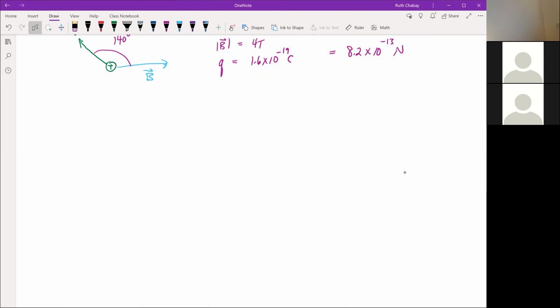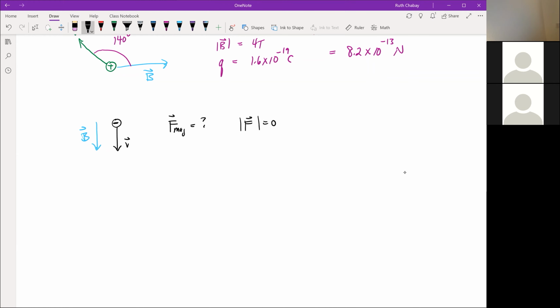Now, just another note to consider: suppose we have an electron traveling in the -y direction, and there's a magnetic field also in the -y direction. What's the magnetic force on this moving electron? Well, of course, the magnitude of the force is 0,